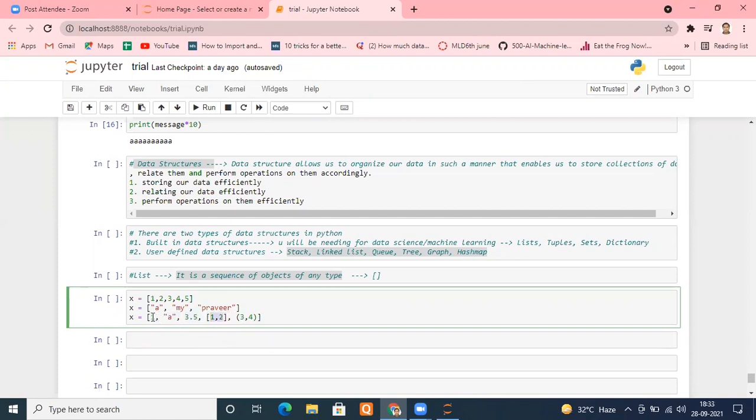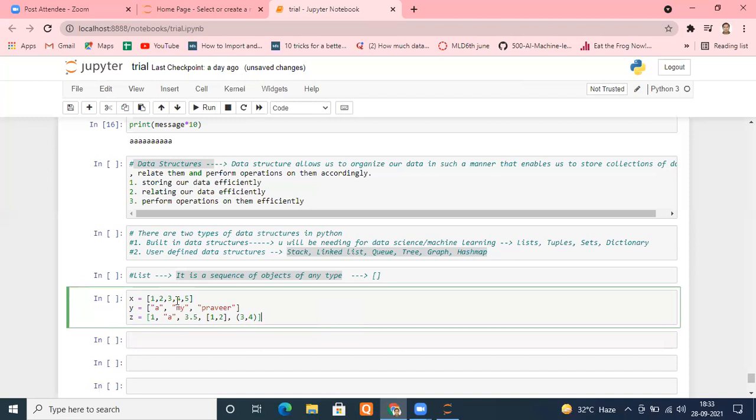And everything is a sequence. This is sequence number 0, 1, 2, 3, 4, because Python is a zero index language. Any doubt in this, please? Let me make different names: let's use X, let's use Y, and this is Z. Is it okay, everyone? So it can have a collection of any data type, not mandatory numbers, not mandatory strings. You can even have a mixture of everything. It means it can consist of a list inside a list as well.